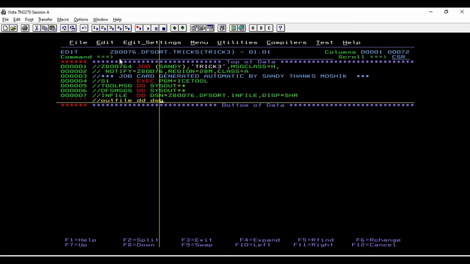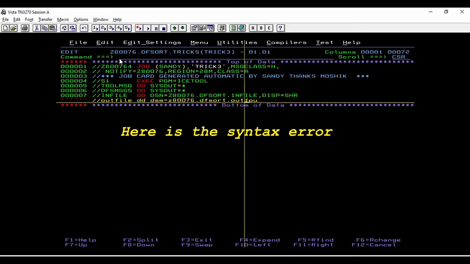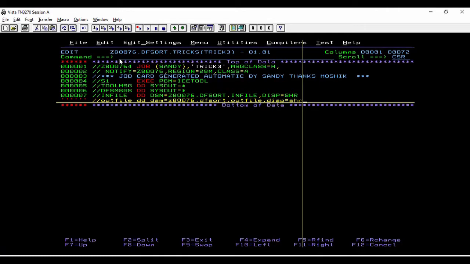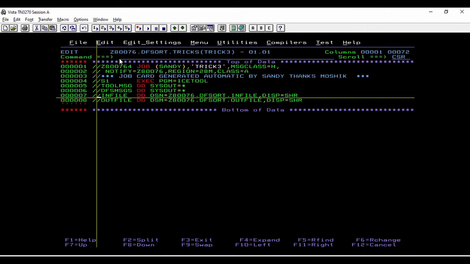This is our output file. I need to be more careful when typing the JCL to avoid any syntax error.